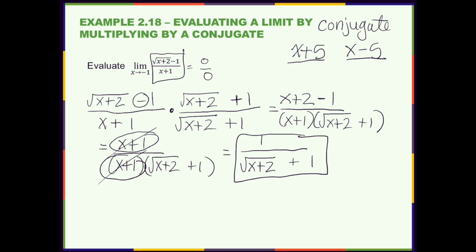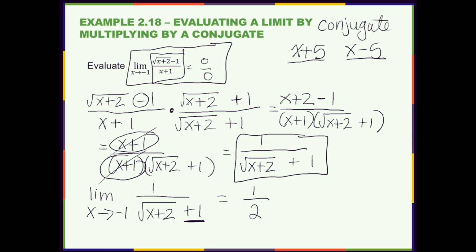So this expression here, we rewrote it so that it's written like this. Now I can use direct substitution. If I find the limit as x approaches -1 of 1 over the square root of x plus 2 plus 1, when I use direct substitution now, I'm going to get 1 in the numerator, and then in the denominator, I'm going to get 2. Because if I plug in x is -1, I get under the square root, -1 plus 2, which gives me a 1. The square root of 1 is 1, and then I add this 1 here on the outside,